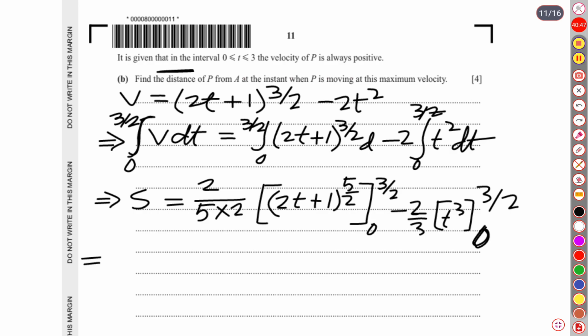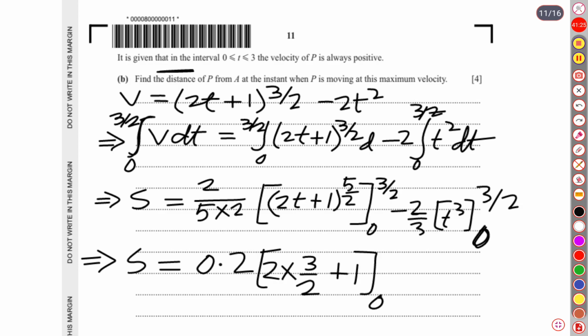After that, s is equal to 1 over 5. 1 over 5 means actually 0.2. 0.2 into, now look at this, if we substitute here 2 into, so let me show through substitution, it is 2 into 3 over 2 plus 1, and limit is 0 until 3 over 2, minus 2 over 3 into, as the lower limit is